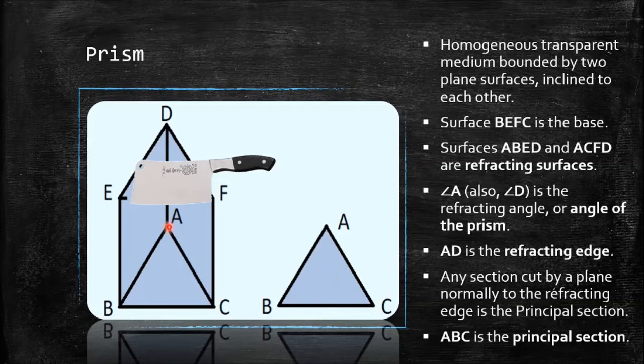Yes? So let's say if I have chopped my prism right at this point, what do I get? I obviously get a triangle surface over here, correct? If I keep on chopping this prism like an onion, I'm obviously going to get innumerable triangles, correct? So obviously, I understand that ABC is the principal section of my prism. Similarly, I can get many principal sections of this prism.